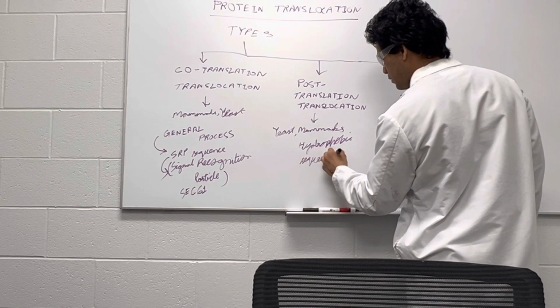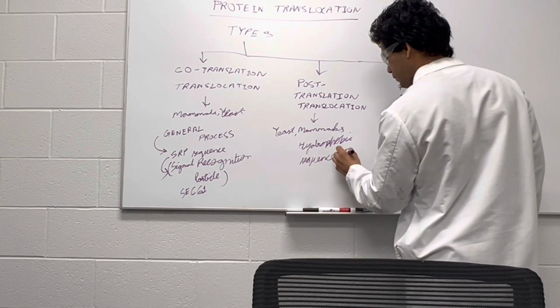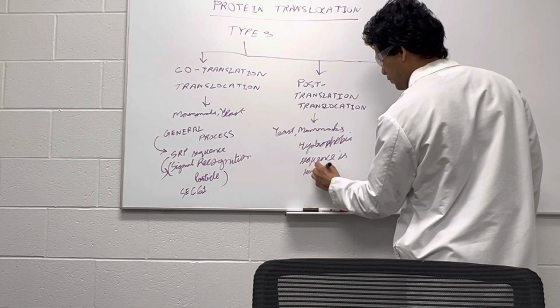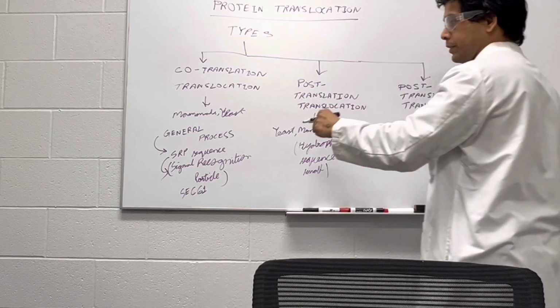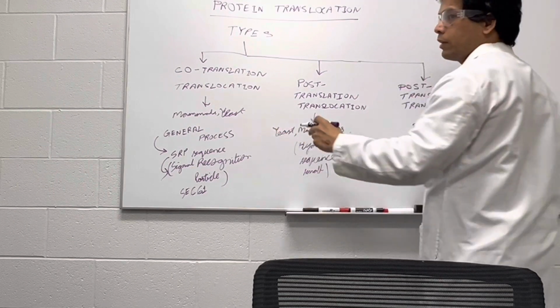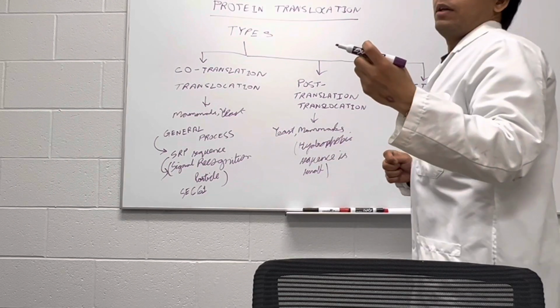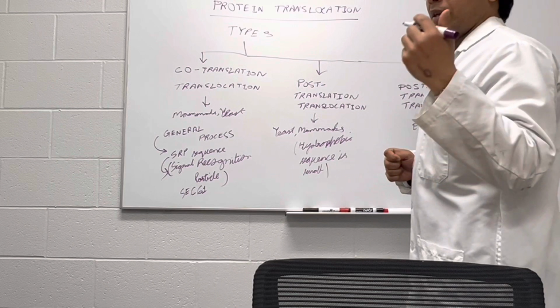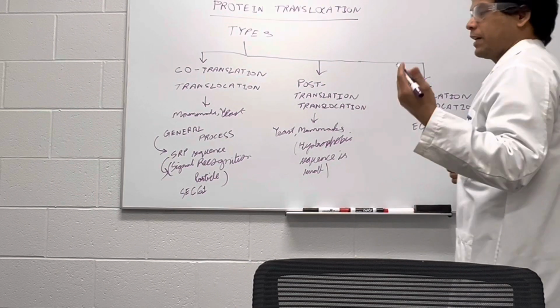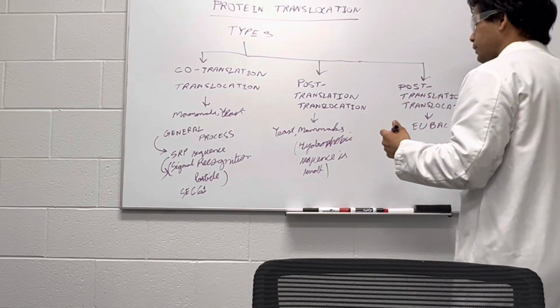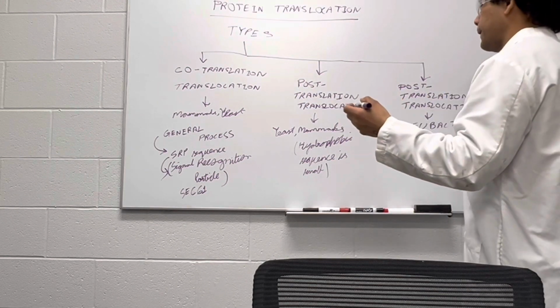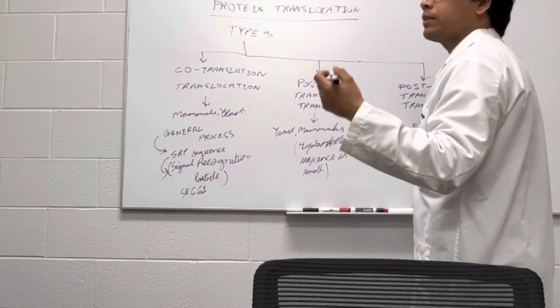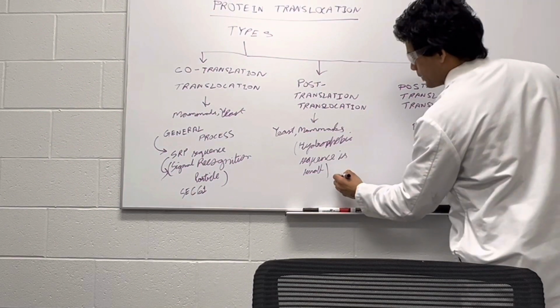Because of this, the SRP sequence is not able to interact with the SRP receptor or SRP membrane receptors. So in this case, the whole translation occurs in the cytosol, and the translocation process occurs with a different complex that